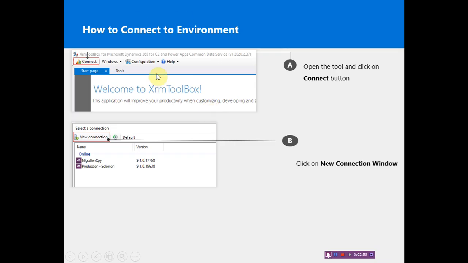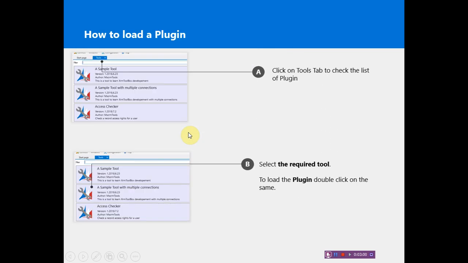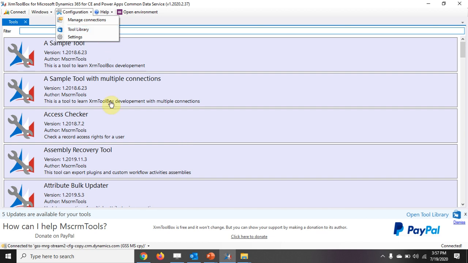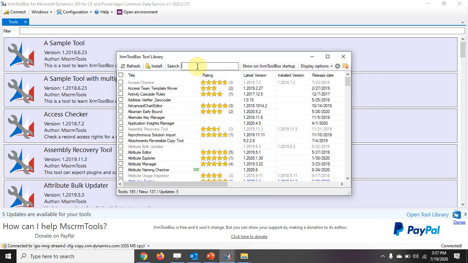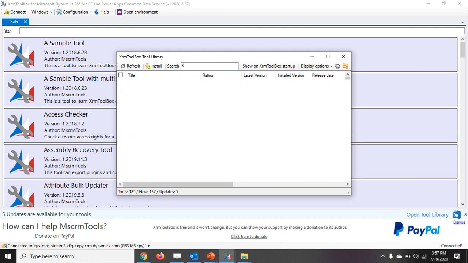So now we have covered how to connect to an environment. The third important part is how to load a plugin which is available in this tool. For that, we need to click on this tools library, which enables us to download or search the plugins based upon the name of the author or based upon the functionality. Let's say I want to search a plugin which is available for performing the task related to solutions. So I can write directly the solution,